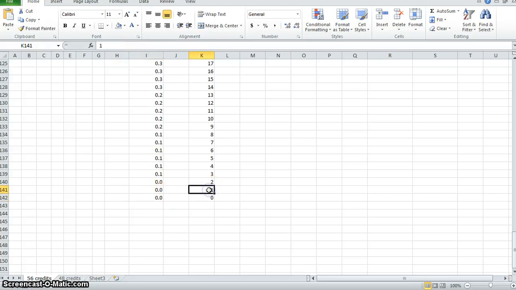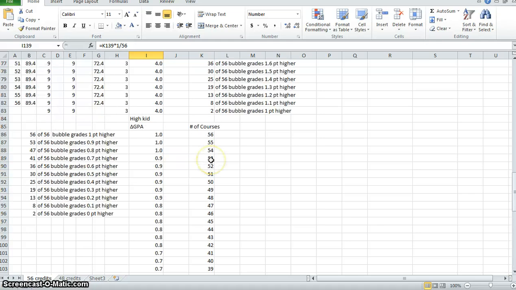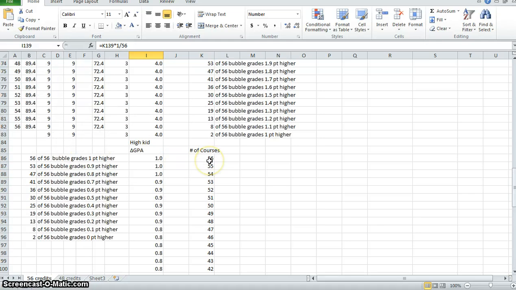Let's say it was 1 course they got a bump on. So they're on the bubble only 1 time and it went up. That would still be averaged over 56 courses to the 10th place. That would still average to 0. You have to get 3 of those bumps to raise it up to 0.1. And if they had 56 of those, let's say all 56 of those courses were actually on the bubble, then that would be an increase of 1 point